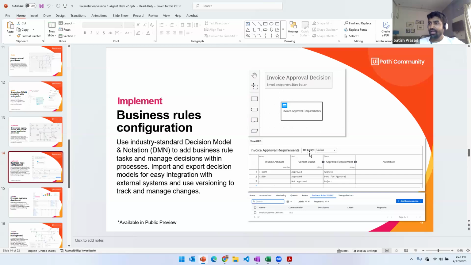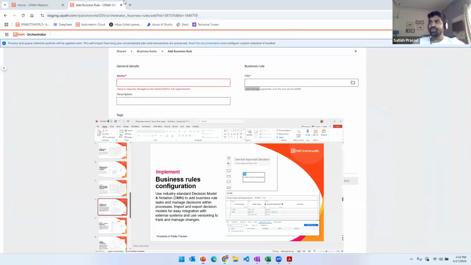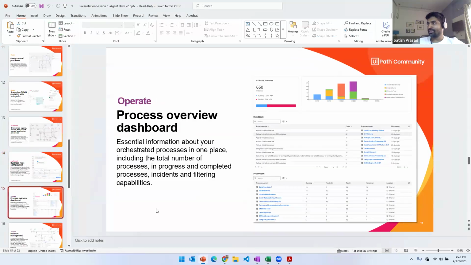This is preview. We'll have a better, more detailed session about how we should be able to do it. But I just wanted to explain this is possible with the help of agentic orchestration, and it solves a lot of problems that we face today in terms of creating a bigger process.